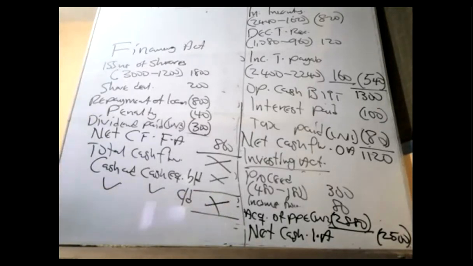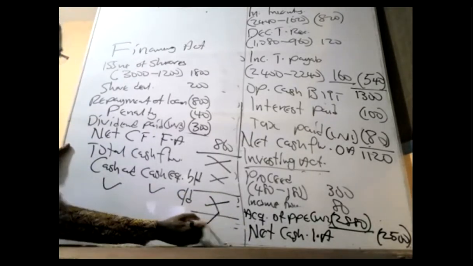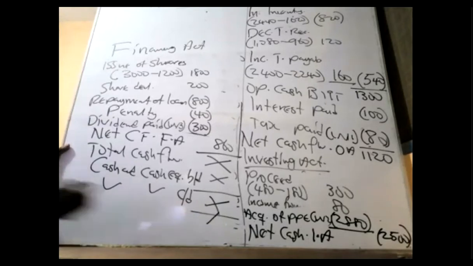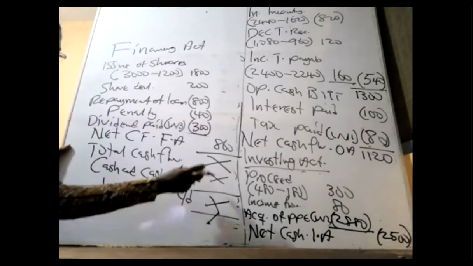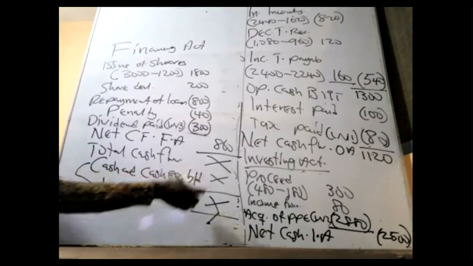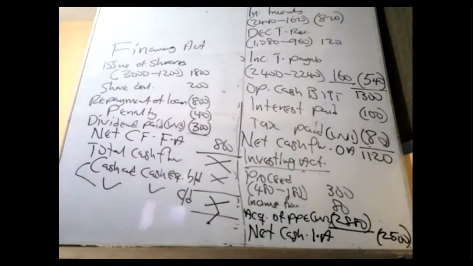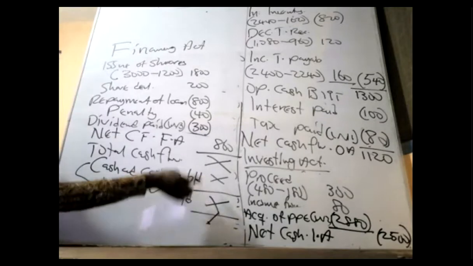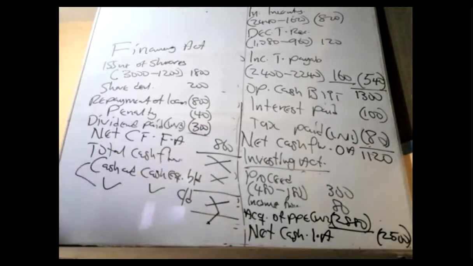However, these figures can be determined from the question that we have been given. It's on the balance sheet. These 2 figures are on the balance sheet. So that means I can get these 2 figures free of charge from the balance sheet. And if I can get these, I can also get the total cash flow free of charge. So let's go and pick them. And I hope we have gone through the composition of cash and cash equivalents. So when you go and pick them, select them carefully.